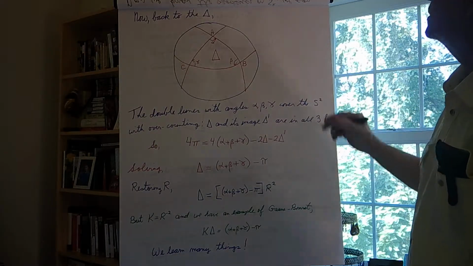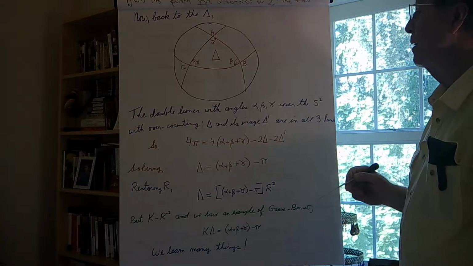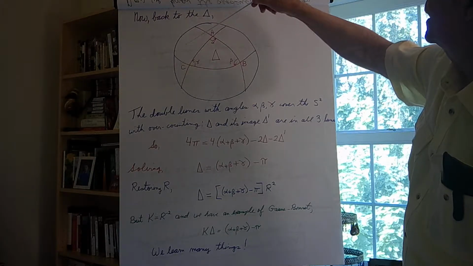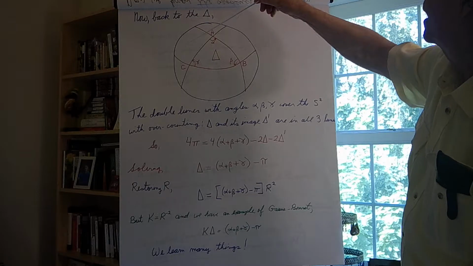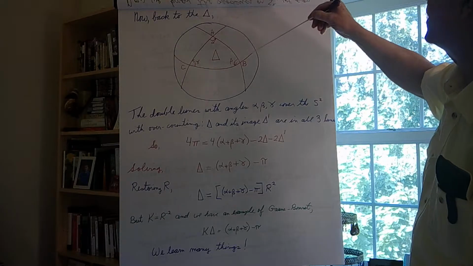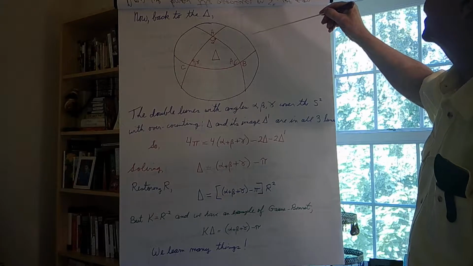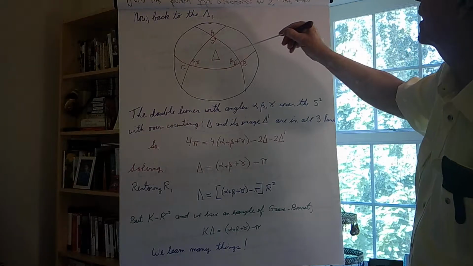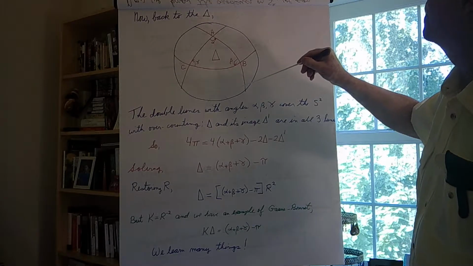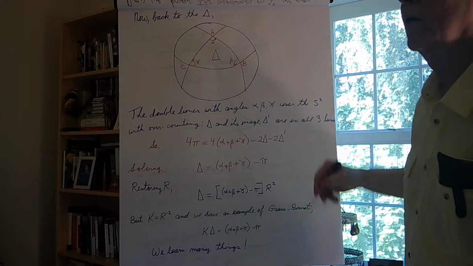Okay? And those double lunes cover the entire sphere with a bit of overcounting. Well, how much overcounting is that? Well, if I pick a point over here, it's only covered by one of the double lunes, the double lune of beta. It's similarly over here and over here. A point here is covered by the double lune gamma. A point here or here is covered by the double lune alpha. However, I see therefore that any point inside delta is covered by all 3